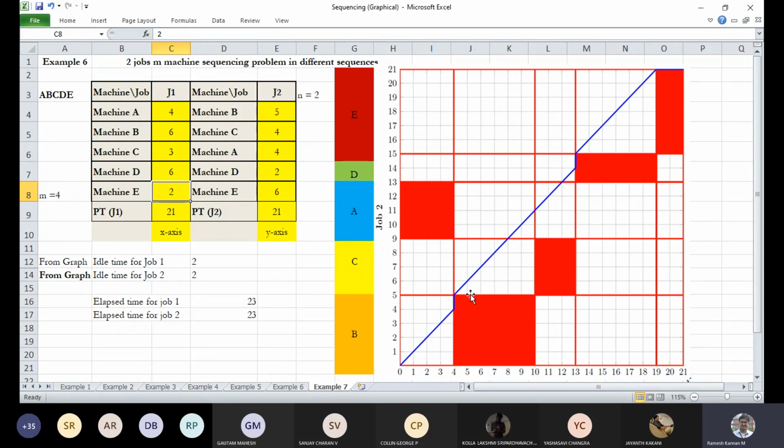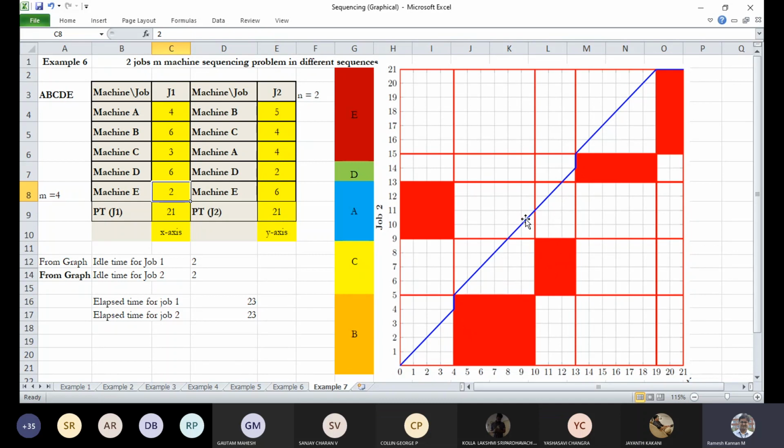At 4, 4, you find that there is an obstruction, right? So you cannot directly penetrate it. Instead, you can traverse along that block in a horizontal or vertical direction. In this case, it is only possible to go vertically, right? Once you go vertically and reach the point 4, 5, you are free to go. So I repeat, a 45-degree line from the origin is drawn in such a way that it should not penetrate a block, but it can hit a block and traverse either vertically or horizontally. In this case, it goes vertically, and from that point onwards it is free to continue along 45 degrees, so there won't be any obstruction.